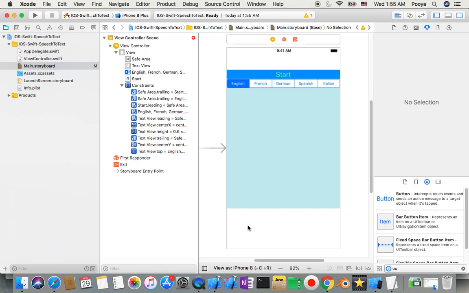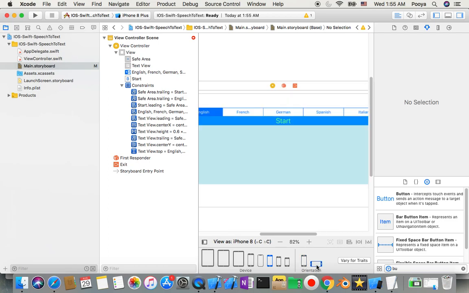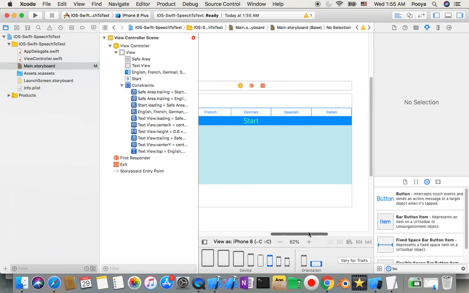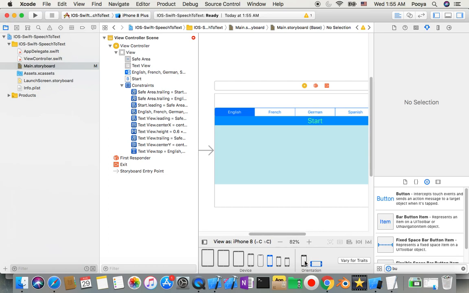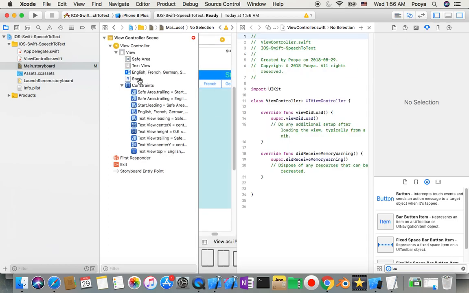I'll tell you why it's much better, because if I change my view to landscape, you will see it's still good and pretty designed. And portrait, so we support both. Okay, so now we need to open assistant editor and connect these elements to our view controller,